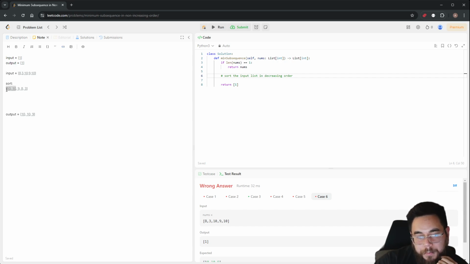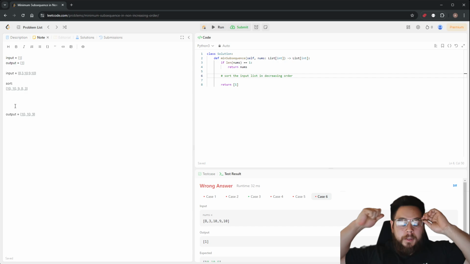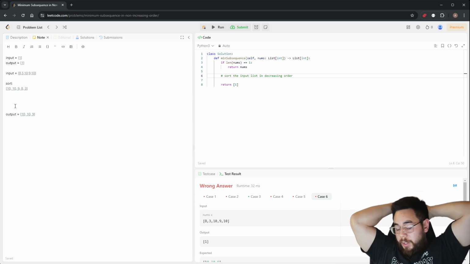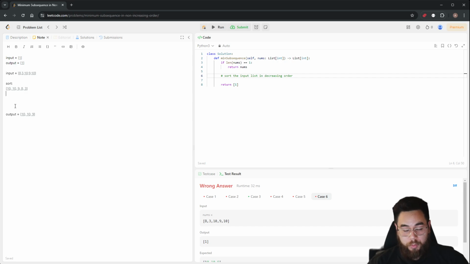Okay, so we start: 10 is not greater than the sum of 10 plus 9 plus 8 plus 3. That's 8 plus 3 is 11, plus 9 is 20, so that's 30. 10 is not greater than 30. 20 is not greater than 20, but 29 is greater than 11. Okay. So once we sort it, we need to